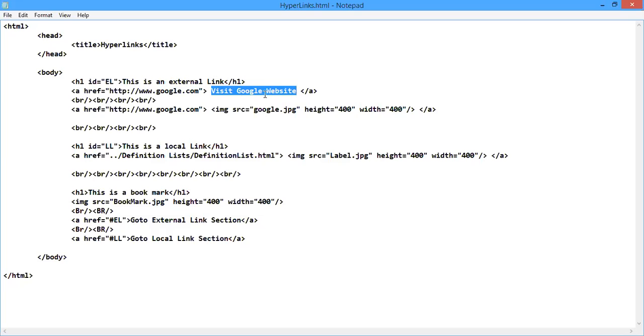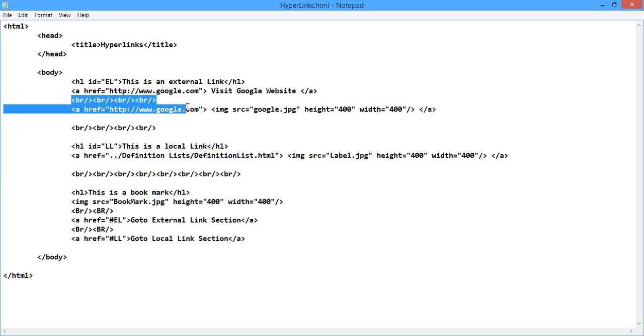Then only the users will understand what will happen when they click here. Between the opening and closing anchor tags, you can use this text. This text will browse you to the location where the Google website is available.